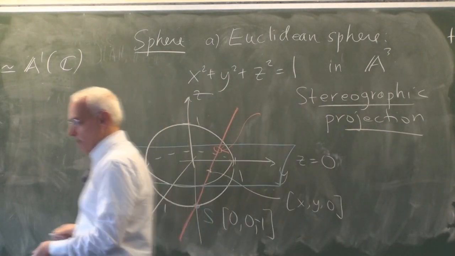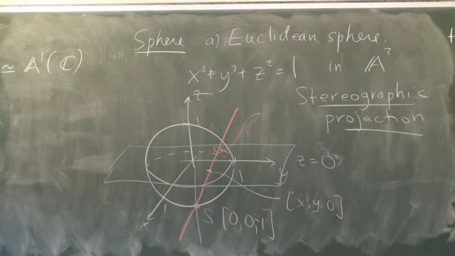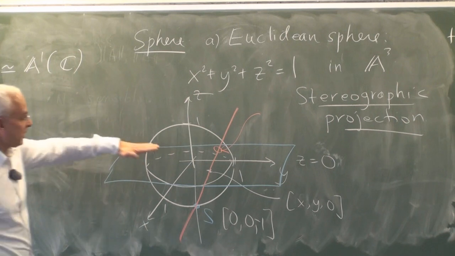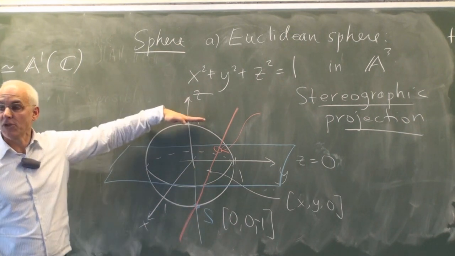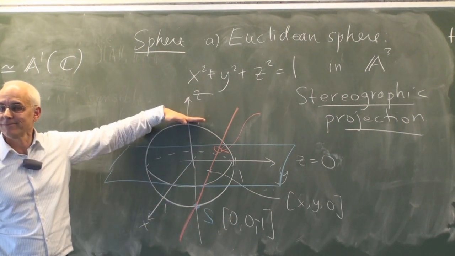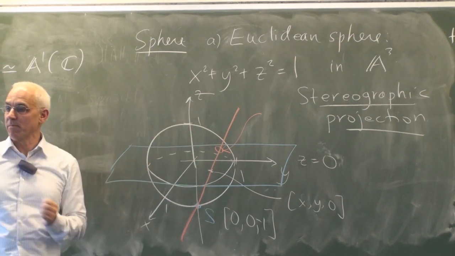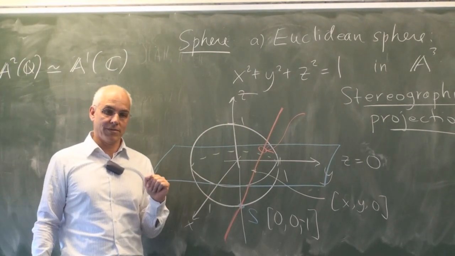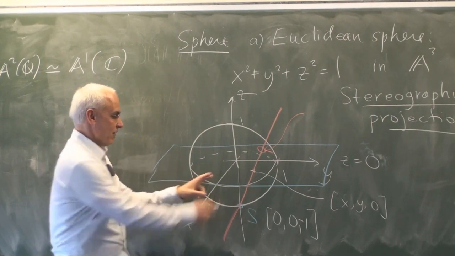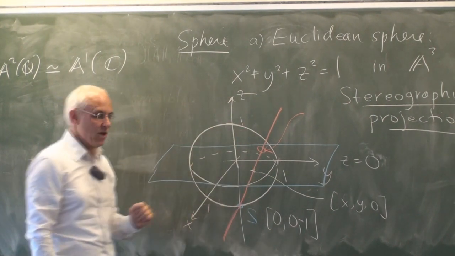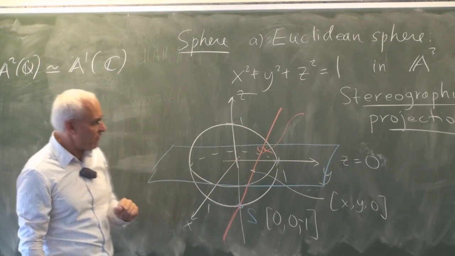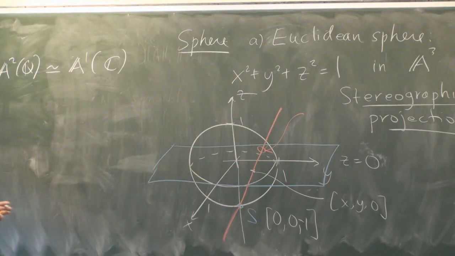In fact, there are two common forms of stereographic projection. This is one of them. The other one is where you put the reference plane at the North Pole. The difference between these two pictures is pretty marginal. It's just a factor of 2, as you can convince yourself by similar triangles. But it'll be preferable for us for other things to think of the relevant plane as being the equatorial plane of the sphere.